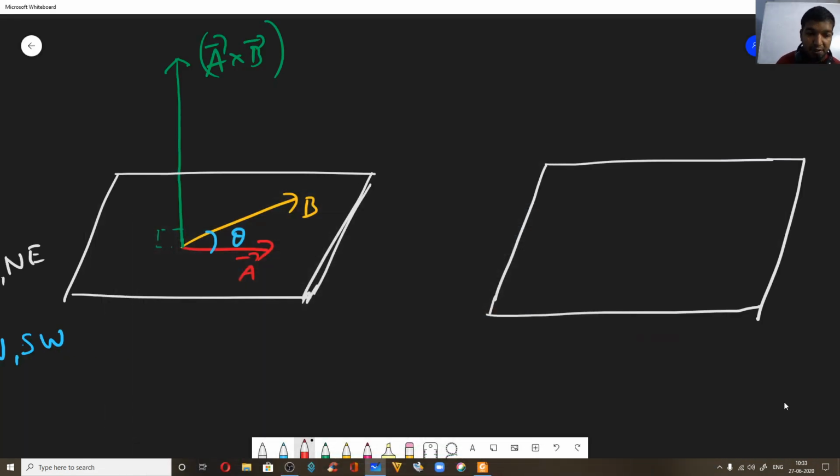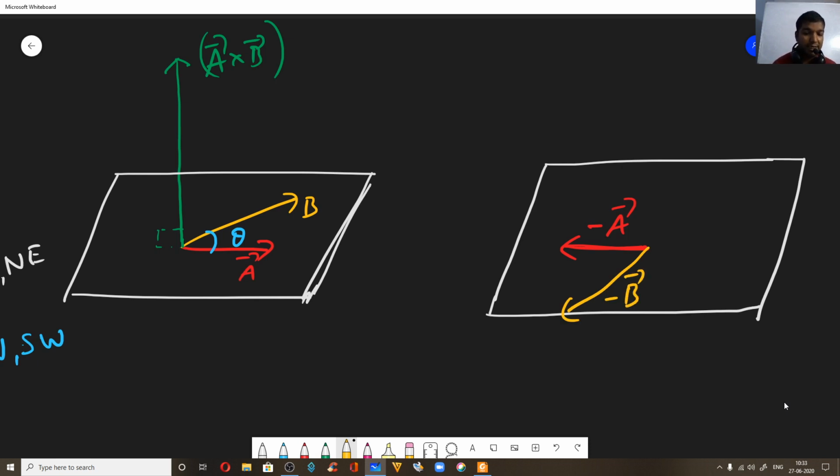Consider the same plane now. Both of them are in the same plane. Now I'm going to draw minus A separately. Negative A will point like this, negative of vector A, right? Now the negative of vector B, as you can see, will be this way, correct? Let me rewrite. Yeah, this is negative of vector A. Now this will be negative of vector B, correct?